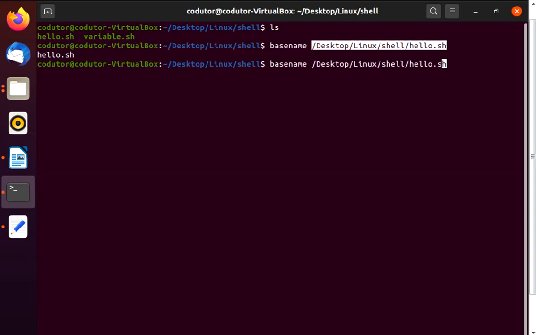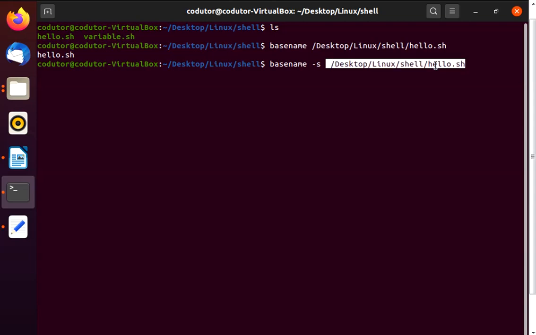We can perform some operations with the basename command, that is, we can provide a flag, -s. Suppose you want to remove the .sh extension also, so that you have only hello. Then you can use -s, and the part which you want to remove from the string, so .sh.